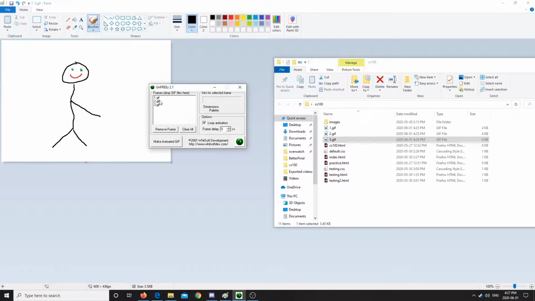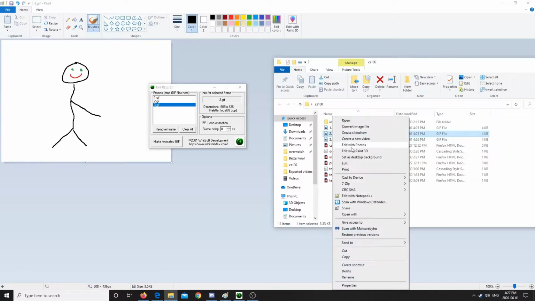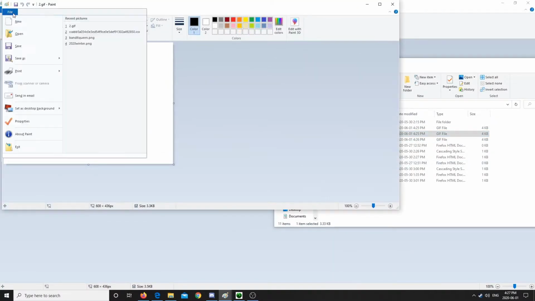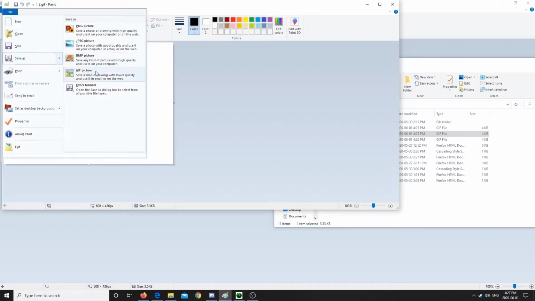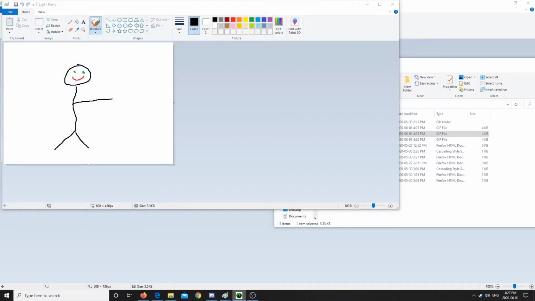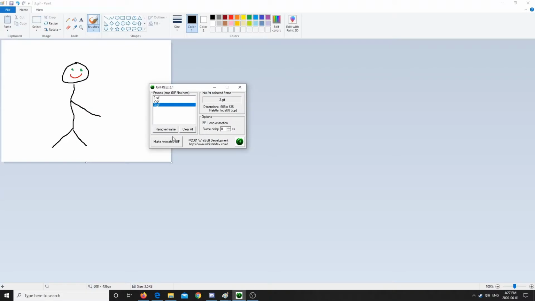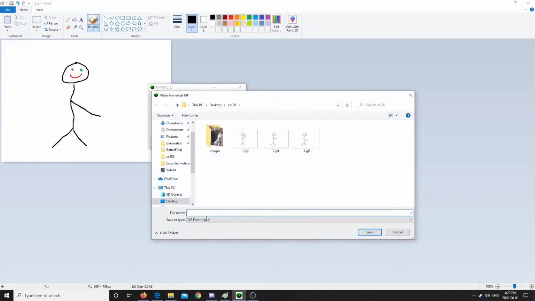If you didn't save your pictures properly as .gifs, if you click on them here, you'll get an error message. So if it's not working for you, just click on the pictures and make sure they're actually saved properly and it's not giving you errors. If you did make that error, you're going to need to edit the picture and make sure you're saving as a GIF. But once you've got all that together, you simply click Make, give it a name,